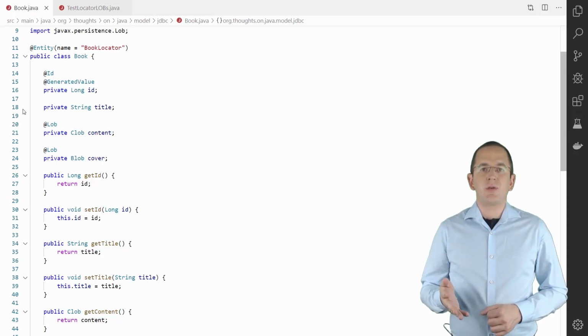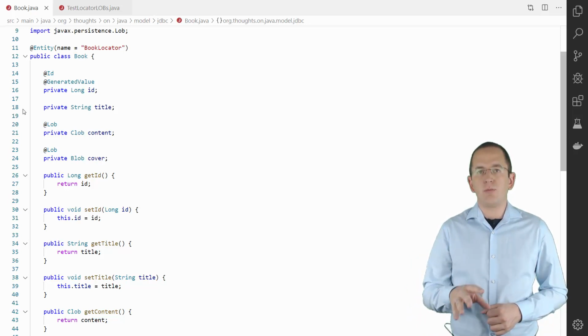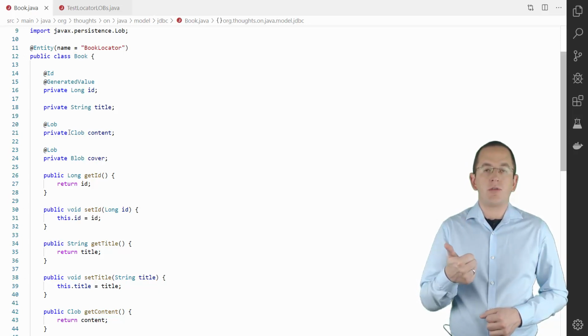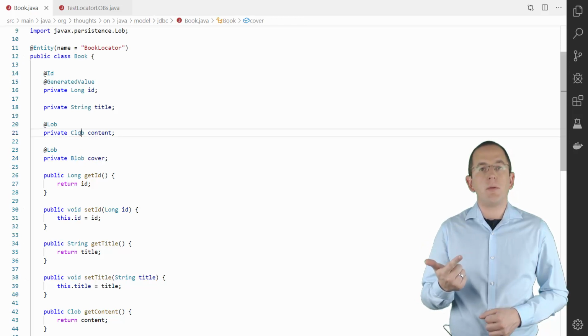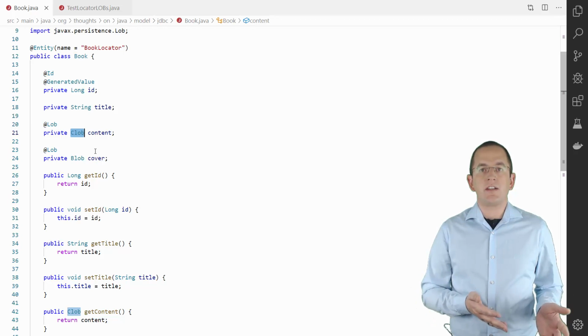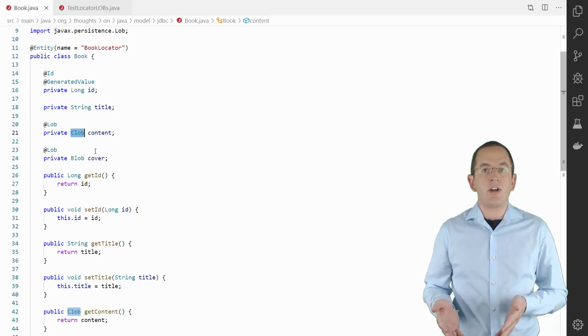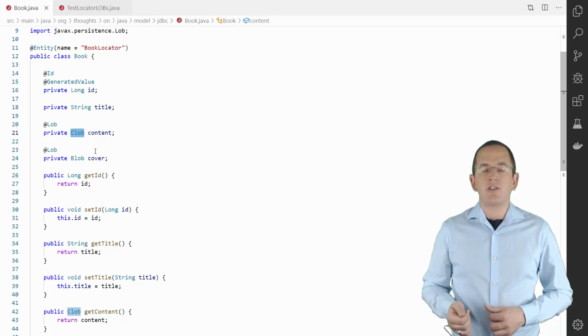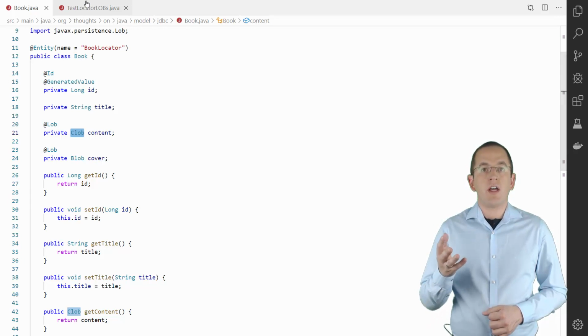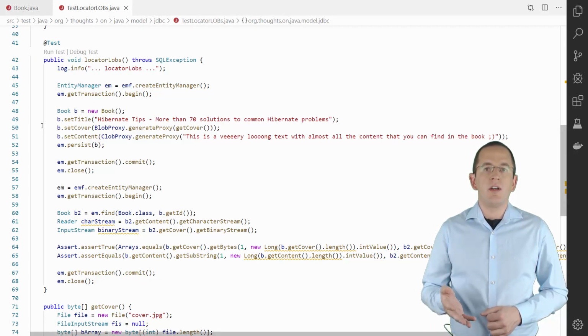As you can see in the following code snippet, the mapping of JDBC's lob locators java.sql.Clob and java.sql.Blob is almost identical to the previous example. The only two differences are the cover attribute is now of type Blob, and the content attribute is of type Clob. And Hibernate also enables you to map the nationalized character data types nchar, nvarchar, long nvarchar, and nclob to a java.sql.Clob. The types java.sql.Clob and java.sql.Blob provide more flexibility to the JDBC driver, but they are not as easy to use as a byte array or a string.